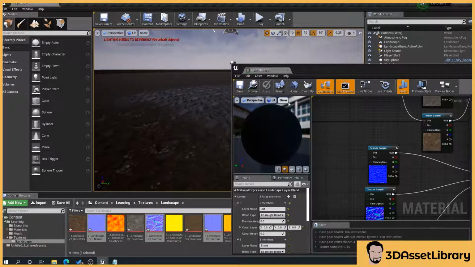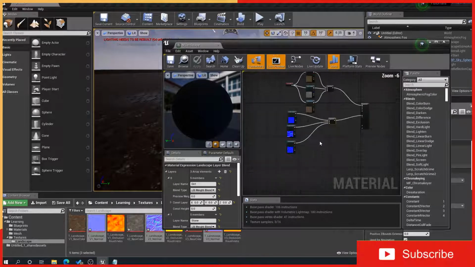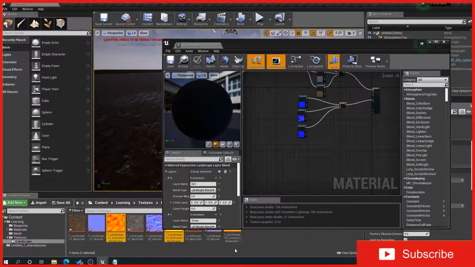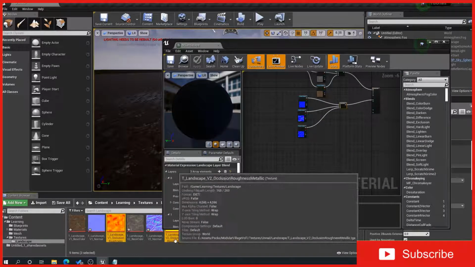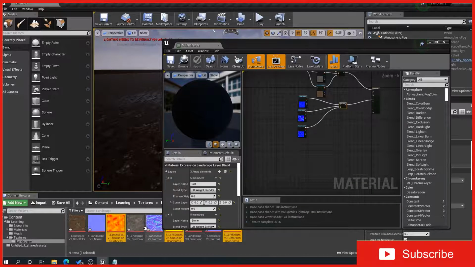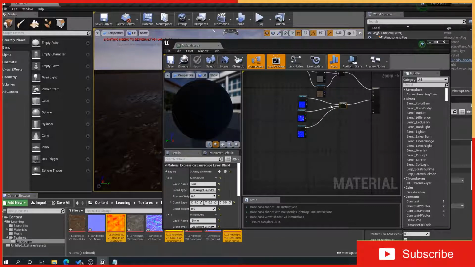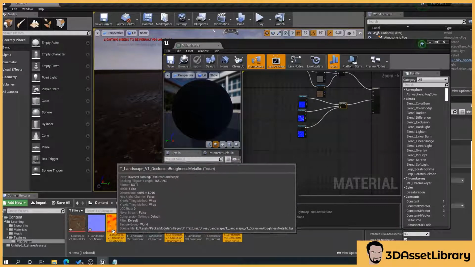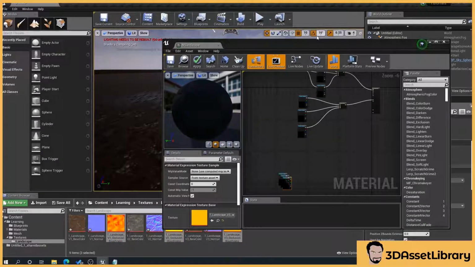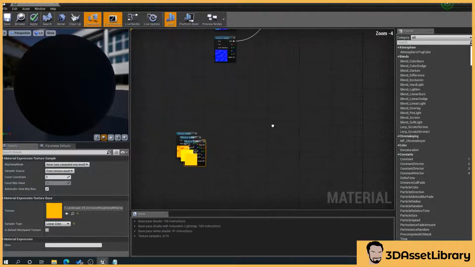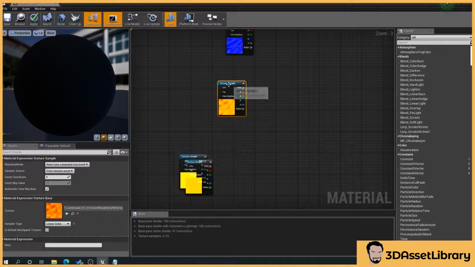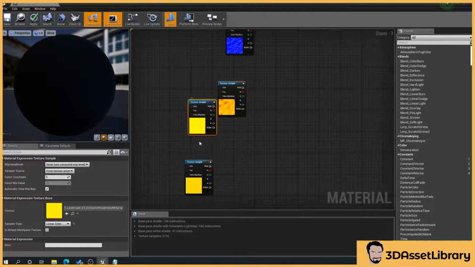So now what we can also do is add the occlusion roughness metallic in. And so what we'll do here, this again varies. These might be all separate, so you might have one that says roughness, one that says occlusion, one that says metallic. It's exactly the same principle though, just you need a few more layer blends. So we'll drag these in. Again, sort them in order, so we've got correct, I believe it was 3. There we go,